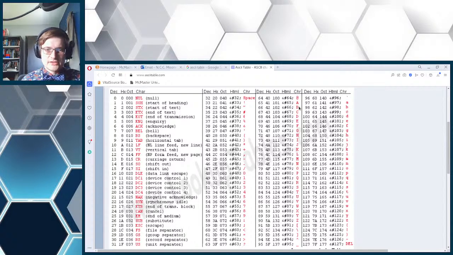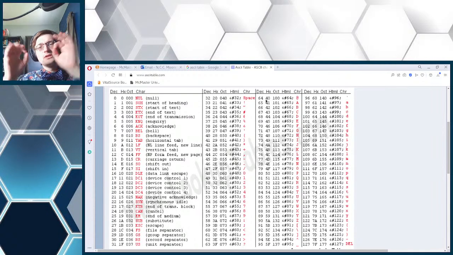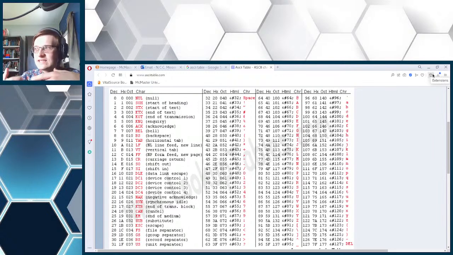If you look at A, B, C, D, E, F, G, these are all in order. They have ordinal values 65, 66, 67, etc. If you take a look at the lowercase values, these start at 97 and go all the way to 122. So when you're comparing strings for lexicographic ordering, dispense from your mind the idea that